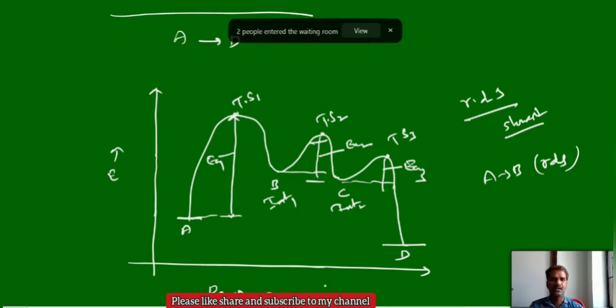Now tell me, is this overall reaction exothermic or endothermic? Here the reactants have more energy, but the products have less energy, just based on the scale. So we can say this is an exothermic reaction. Why? Because products have less energy compared to reactants. So by looking at the graph, you can answer all these questions.